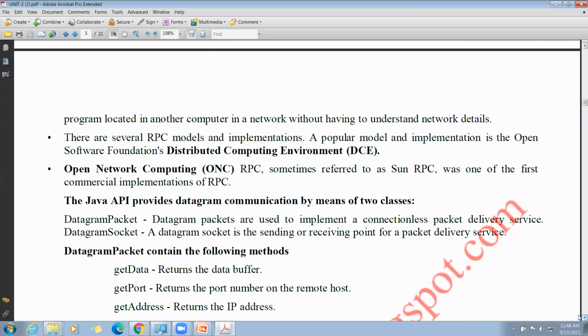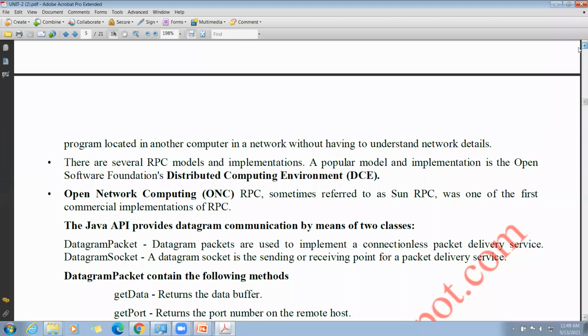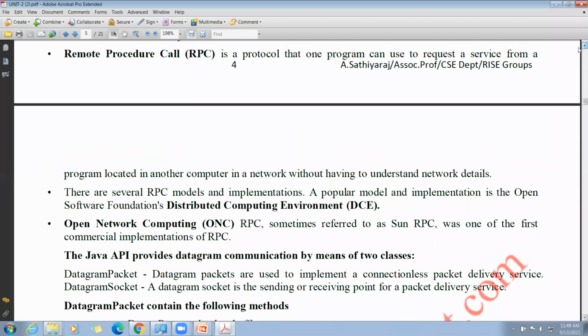You know about RPC, remote procedure call. In distributed computing, we are discussing distributed systems, right?